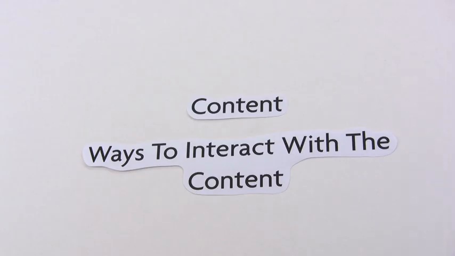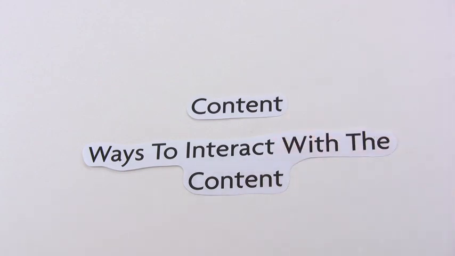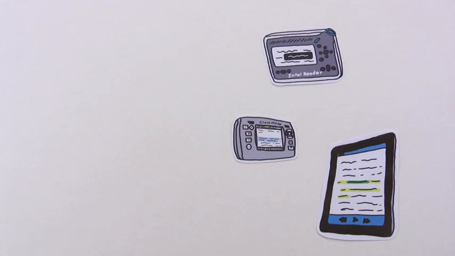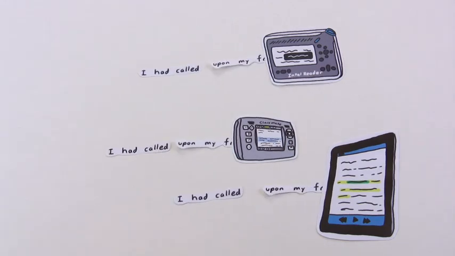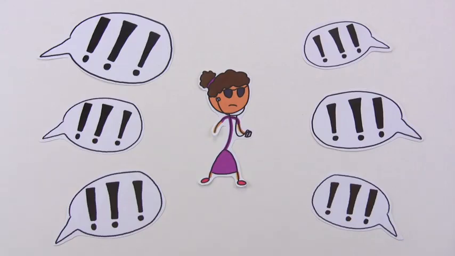You have some information about the content. Now let's talk about ways to interact with the content. The IEP team determines what else is needed. It could be technology, such as a digital audio player, training for students, family, and school staff, accommodations, such as